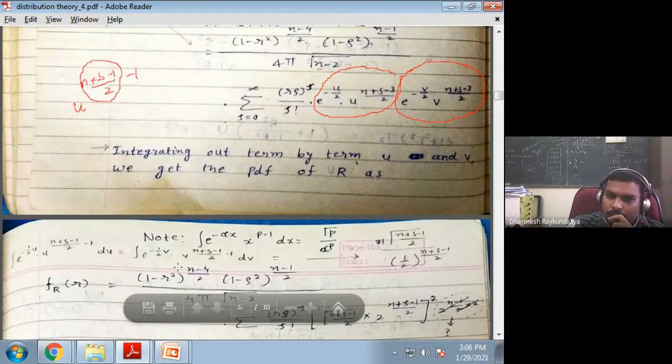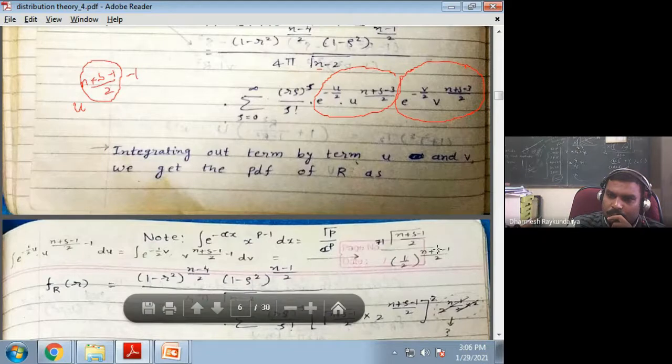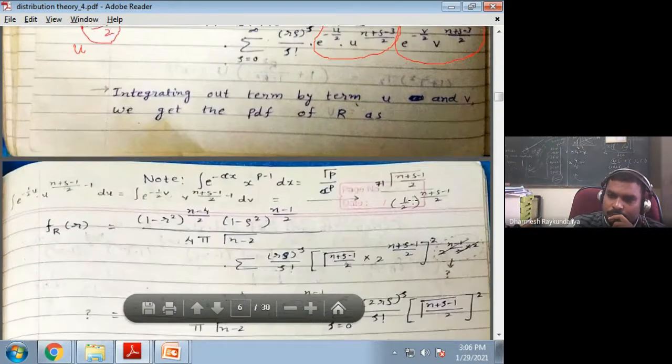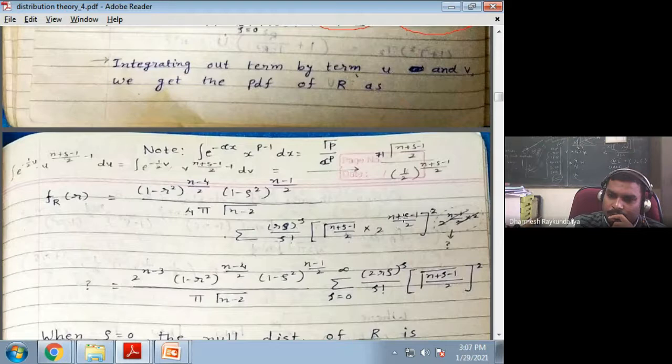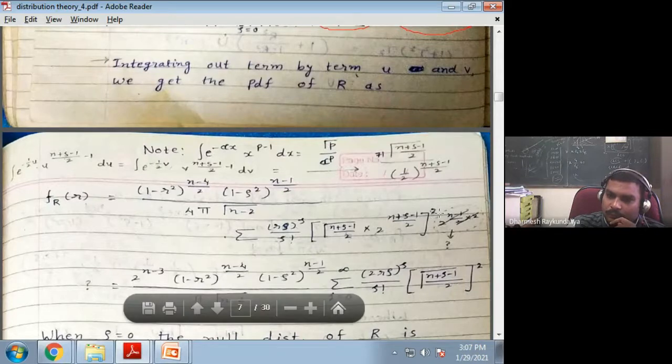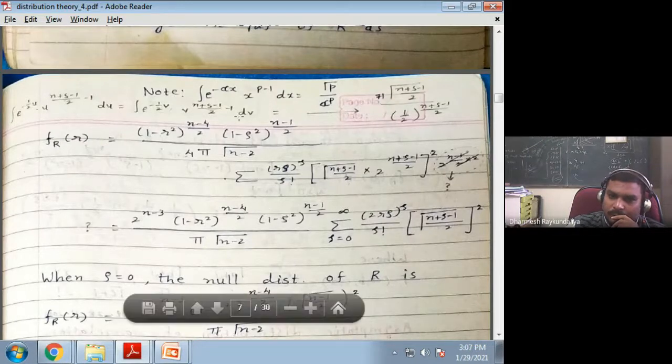So you can write it as gamma n plus 1 by 2 upon 1 by 2 raised to n plus s minus 1 by 2. So here also it is the same, so can I write it as a square, so I have written the same here: gamma n plus s 1 by 2, and here 1 by 2 raised to this. It goes up, so 2 times n plus s minus 1 by 2 whole square. Okay, and this is 1 minus r square as it is, this also I have kept as it is.